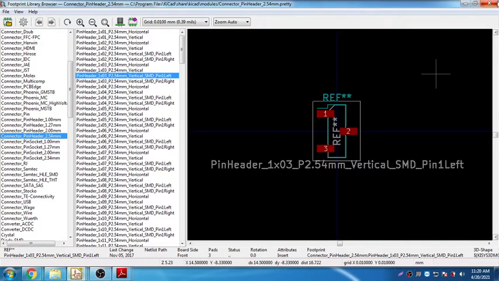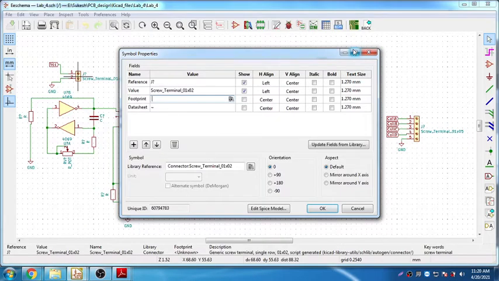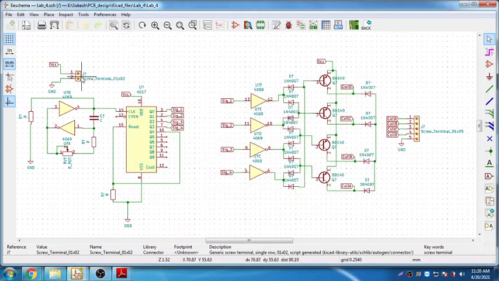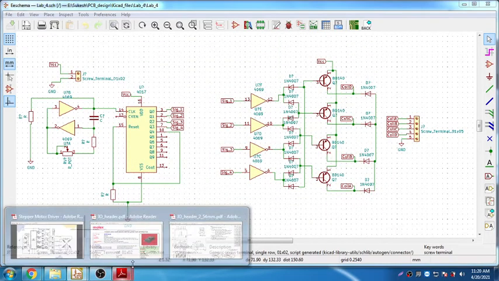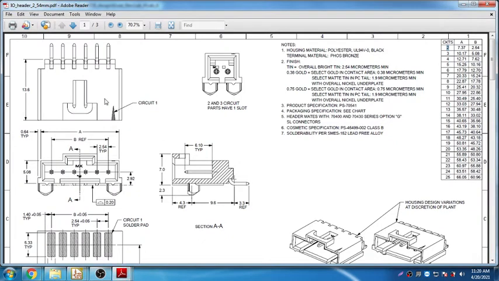Now we don't have that SMD footprint, so what I'm going to do is design a footprint for this. If you look into the data sheet, it is very clearly told that this is a connector. The height of the connector, this dimension, is 13.6. That is constant. This dimension is 13.6 mm, whereas the length of the connector varies depending on the number of connections that are coming on.